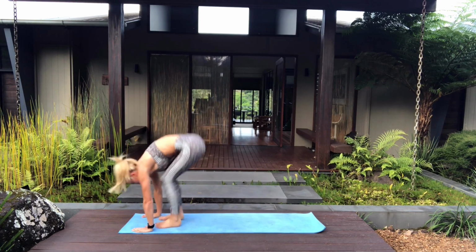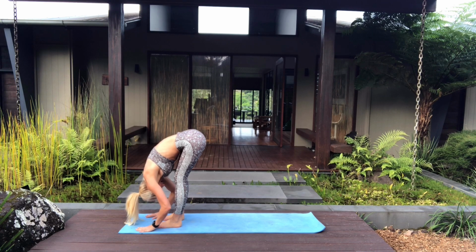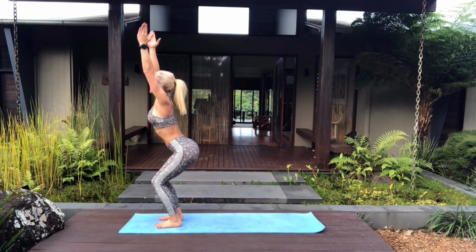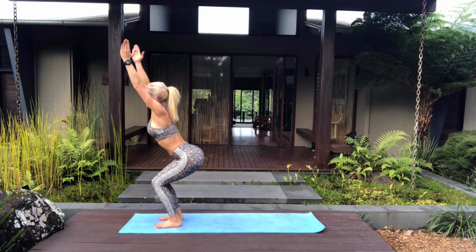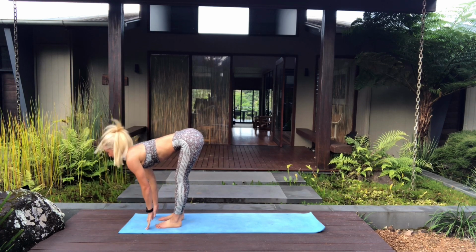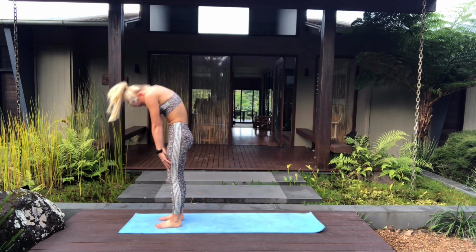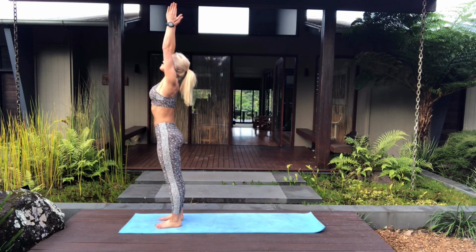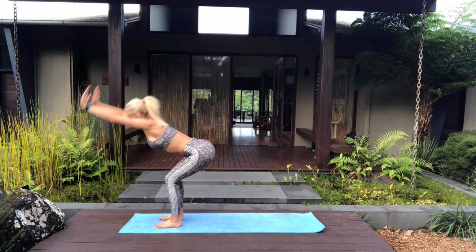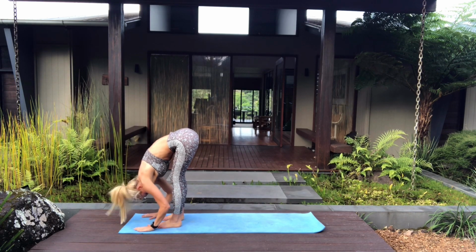From downward facing dog, step or jump to the top of your mat. We're going to do this heat building flow one more time. Inhaling, lifting your arms up and sinking down, lowering into your chair pose. Inhaling and exhaling as you forward fold, halfway lift and roll up. Lifting your arms up and over, down deep into chair pose, forward fold, halfway lift, forward fold, plant the palms